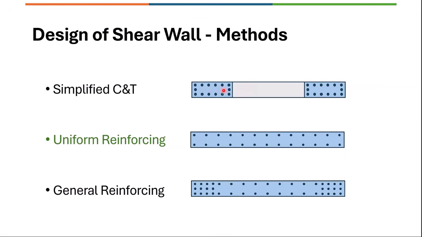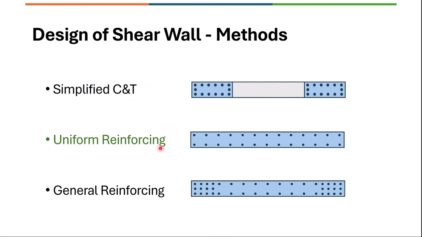Primary forces are the major moment and the axial force, and the moment is converted into compression and tension forces, and the boundary elements or the end zones are designed as short columns. The program can do this using this method,